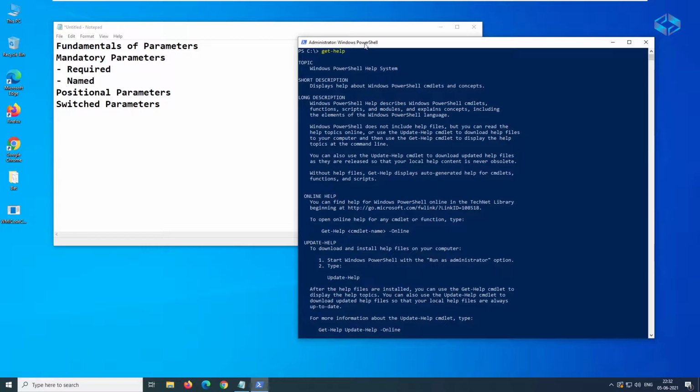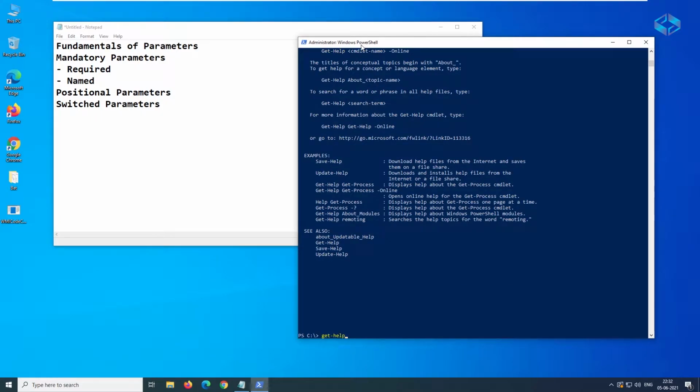Maybe you don't know what exactly you need to give for a command in PowerShell. For example, say you don't know what the Get-Service command we used previously will do and how we can use it. So what you need to do is type Get-Help, a space, and then the service name. You can use tab.